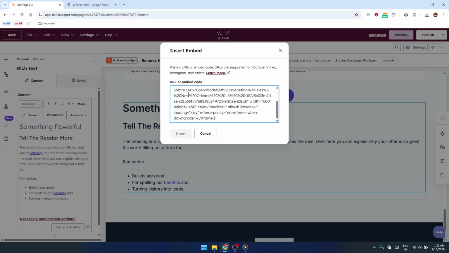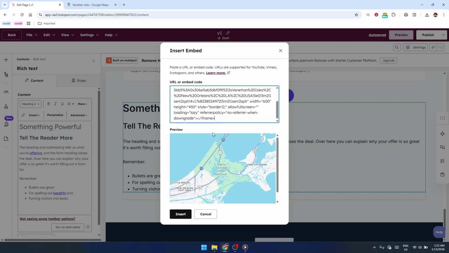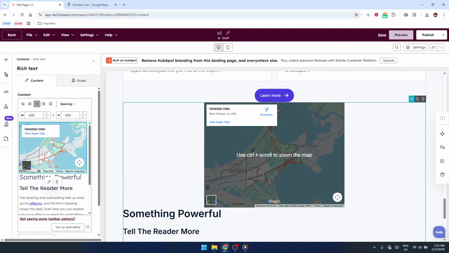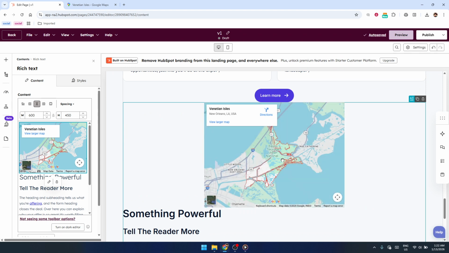Paste the Google Maps embed code you copied earlier into the box that appears, then confirm by clicking Insert or Save. You should now see a preview of your Google Map inside the editor. If everything looks good, go to the top right of the screen and click Update or Publish to make your changes live. Your Google Map is now successfully added to your